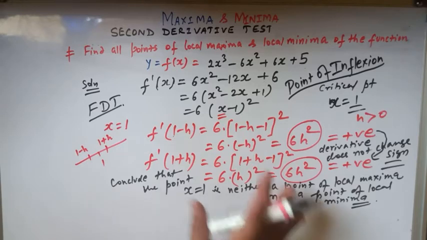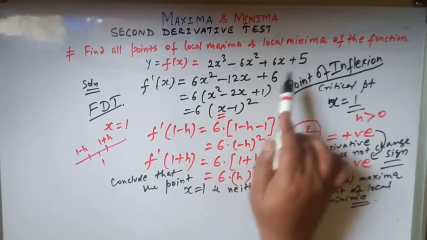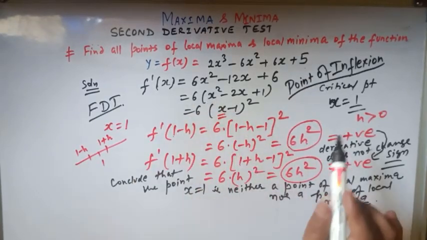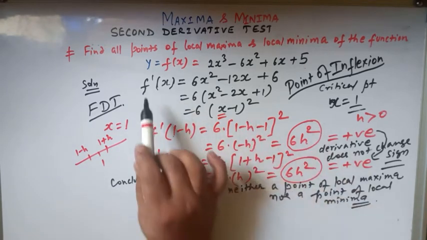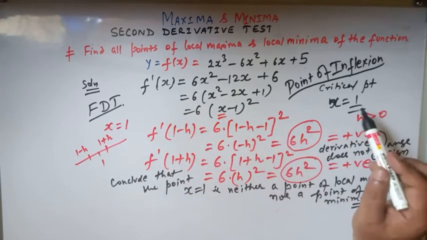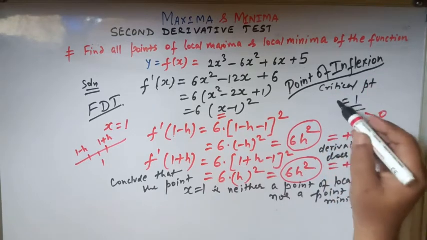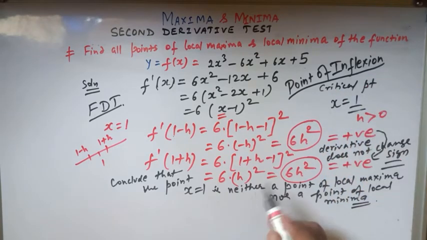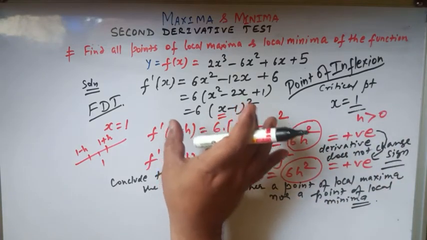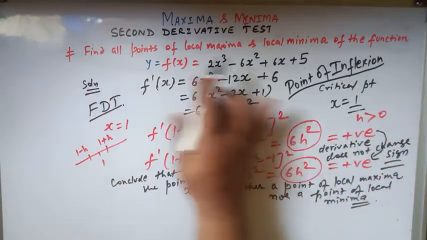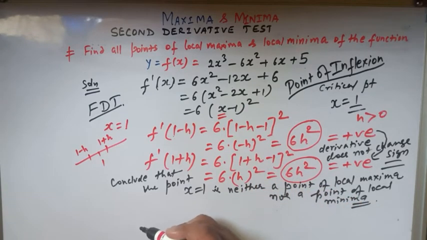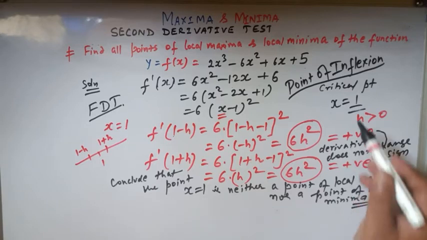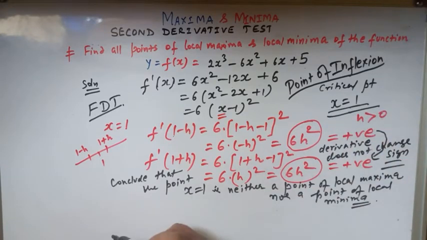So here we see that we have a function, we differentiated it, and for critical points we equated the first derivative to 0, and then we get x equal to 1 here, and this is the critical point. And when we have applied the second derivative test, we saw that the second derivative test fails to determine whether this point x equal to 1 is a point of local maxima or local minima. So